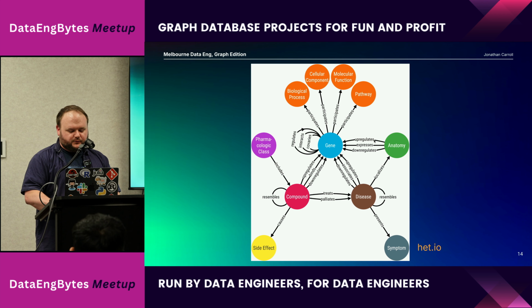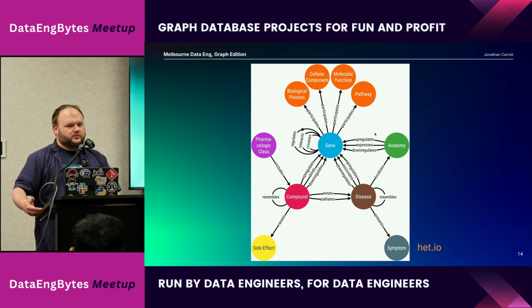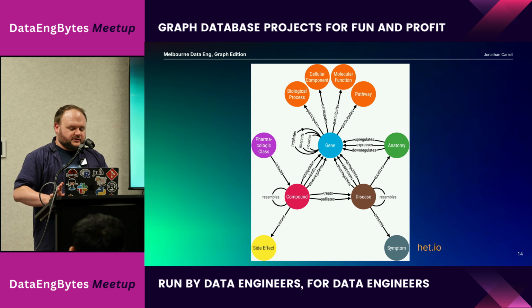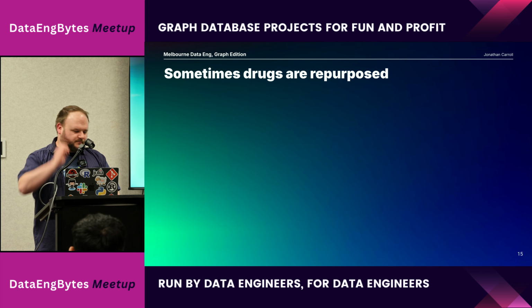So this was an actual Neo4j graph, and I spent quite a bit of time adding to this because over time you learn more and more about what genes are available to what different diseases, which compounds affect which diseases, affect which genes, affect which pathways, affect which anatomy, all of those things. But trying to look through that and add to that project so that we could do some graph analysis on some things we were interested in terms of diseases and genes. But one interesting project that did come from that was that sometimes drugs are repurposed.